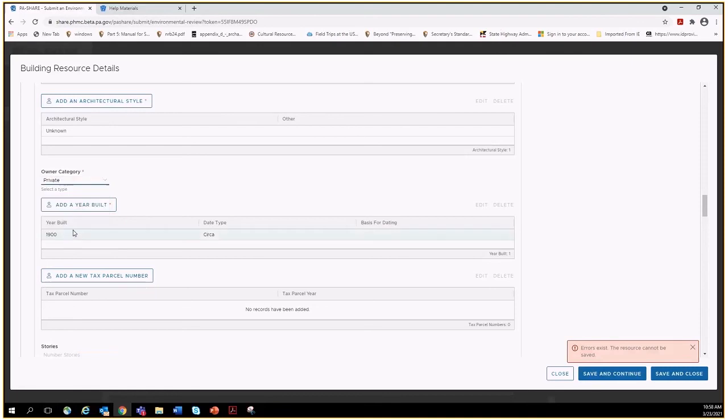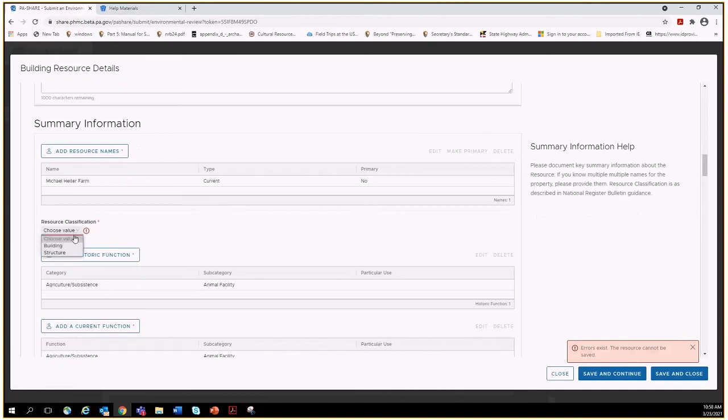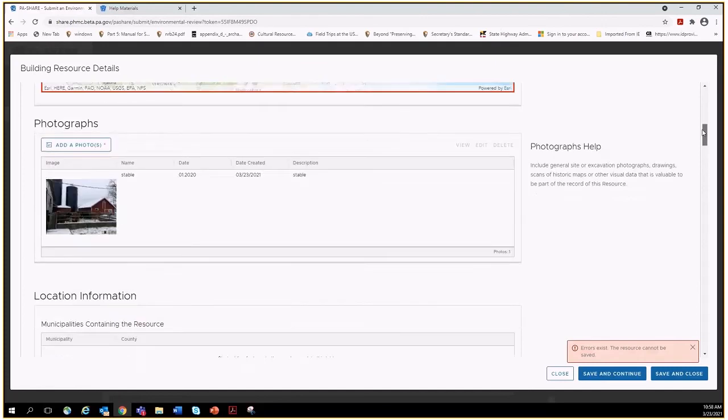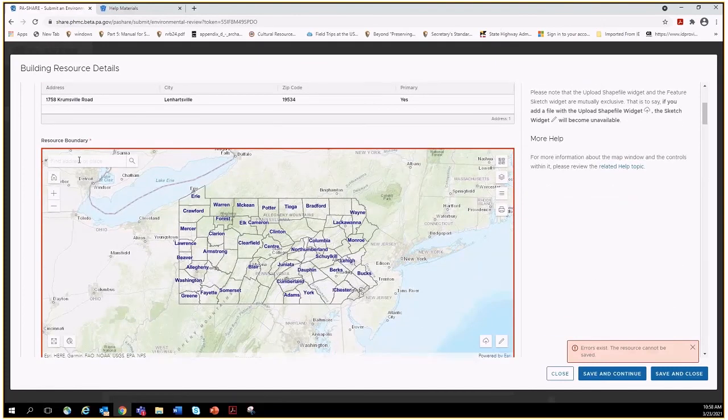Let's see if I missed anything else. I missed the classification. I just think it didn't save those when I accidentally closed out. Oh, and I didn't map it. Yeah, that's kind of important. Okay. So here,